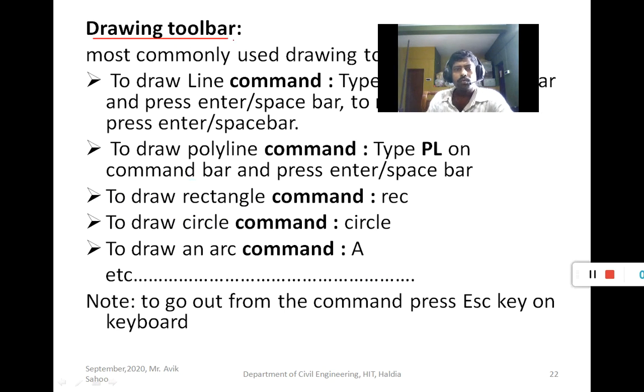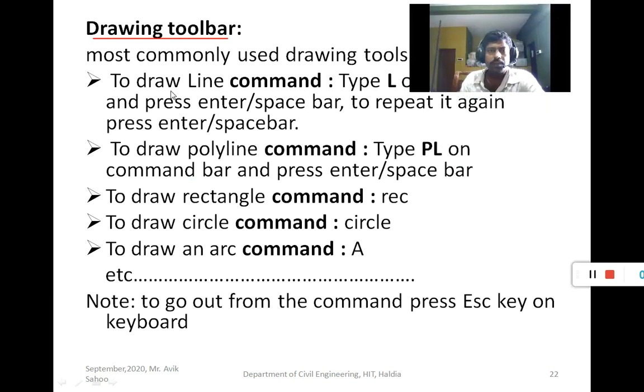Now in the drawing toolbar, the most commonly used drawing tool is the line command.